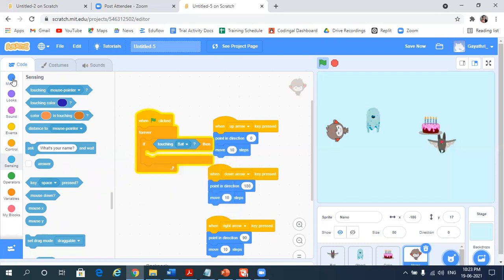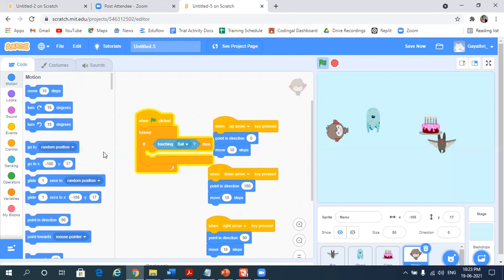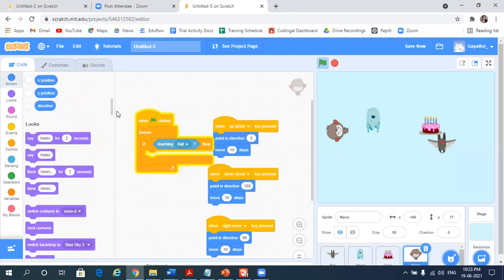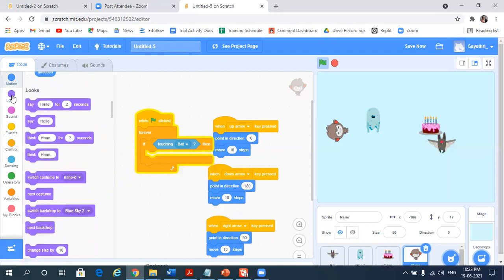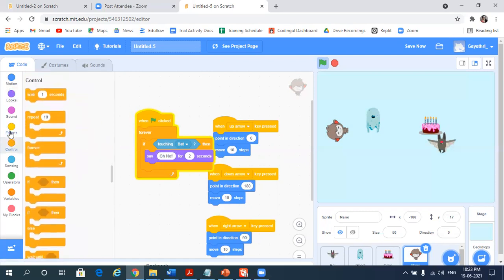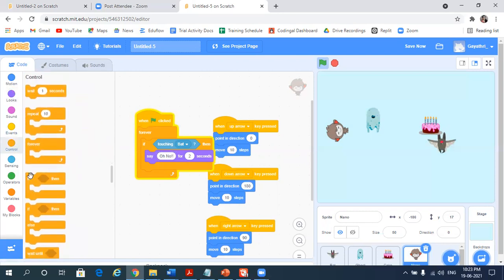So for that, go to motion block. It's in looks block. Okay, sorry, it's in looks block. Say hello for 2 seconds. We'll change the text. Say oh no for 2 seconds. Okay. So similarly, again, I'll go to if block here, click on control block, select if then block, and then